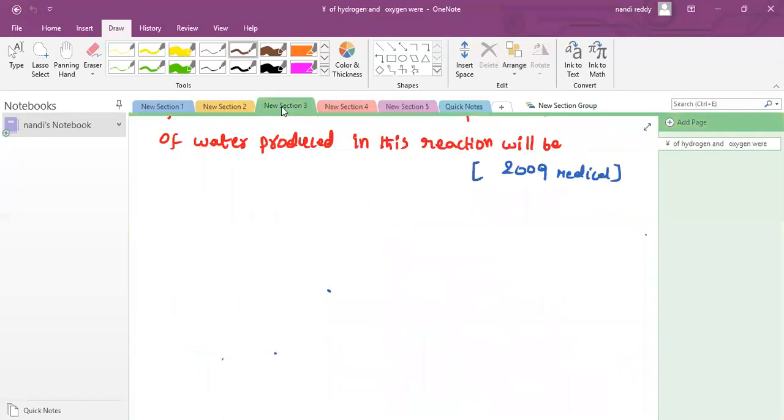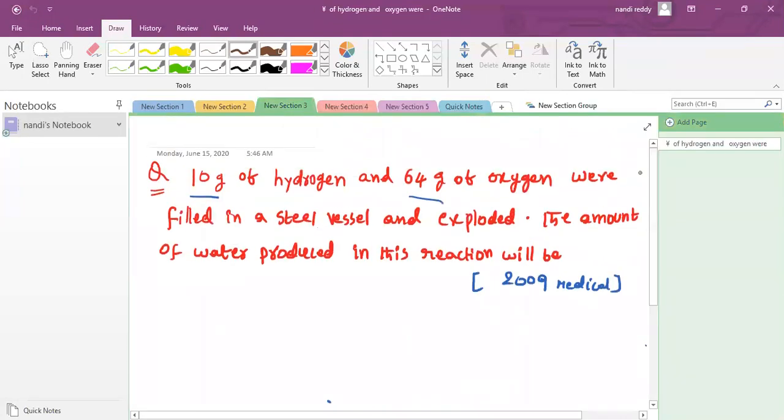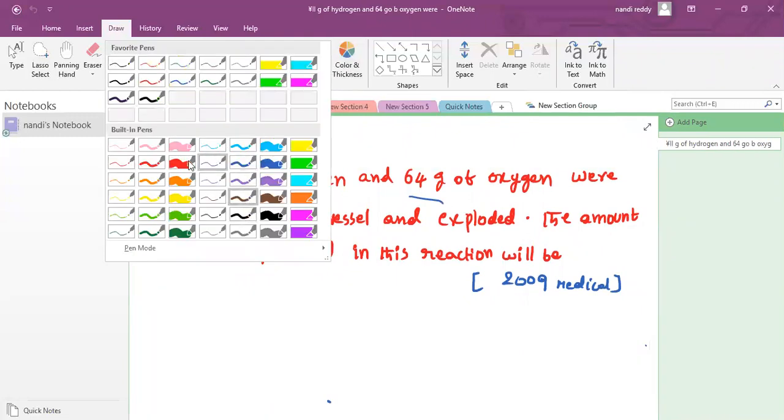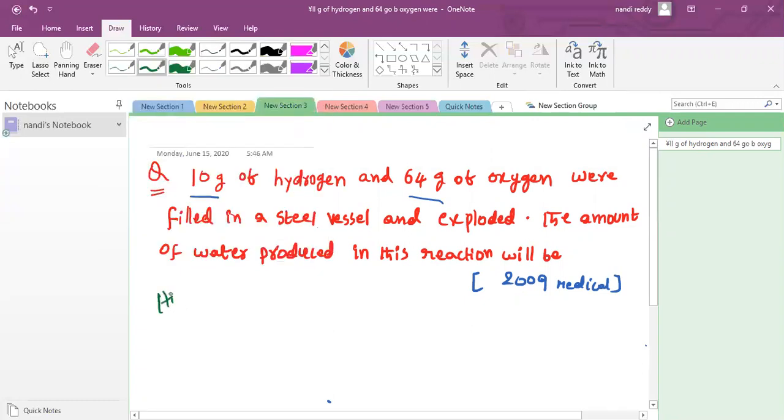Next, we are solving the previous question by applying our limiting reagent concept. This is very easy, you can do it very simply if you want. Here is a hint, I'm giving the explanation. First, by reading the given data, you should be able to write the reactants and products, and that should be a balanced equation.